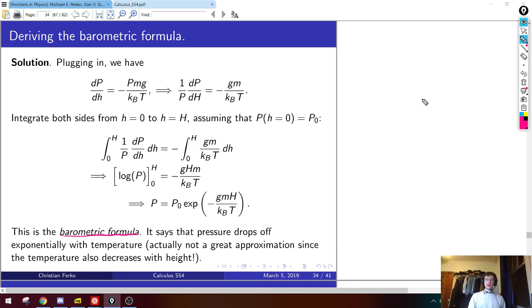So I will comment that this formula is a very coarse approximation. So we made a lot of simplifying assumptions. The most obviously wrong assumption is we assumed the temperature was constant, right? So we assumed the temperature everywhere in this column of gas is the same number, which is pretty obviously not true in any reasonable atmosphere. As you go upwards in a realistic atmosphere, the temperature is decreasing as well.